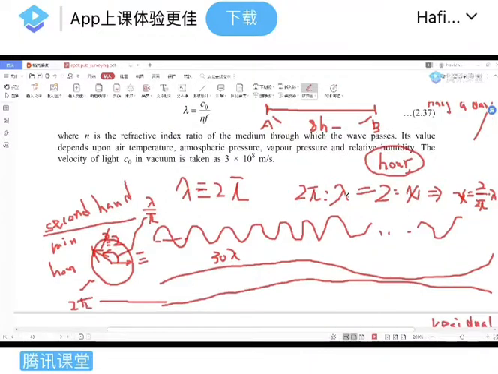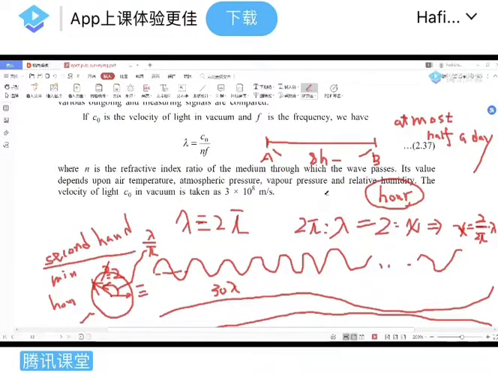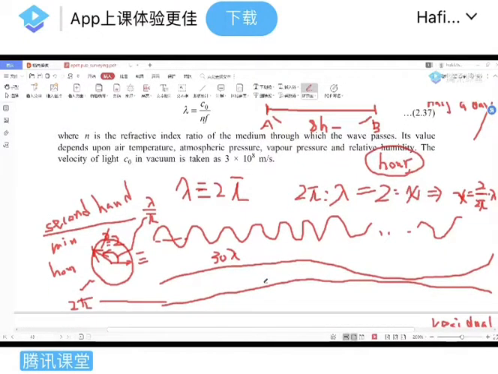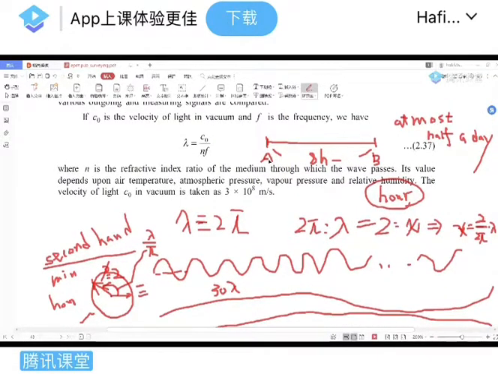Okay. Second question: how is this one related to this one? Suppose I want to measure the distance between A and B. I must have some idea about the distance between A and B. For example, I must have an idea like it's over 1,000 kilometers. I just take this one for example. It's over 1,000 kilometers, or this is